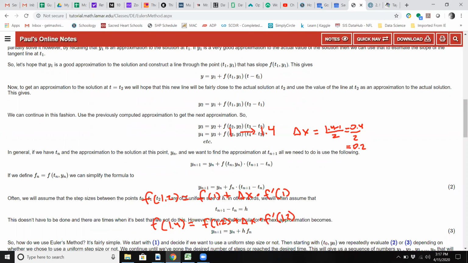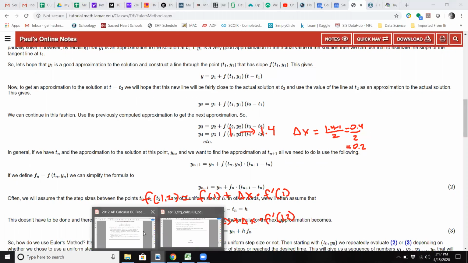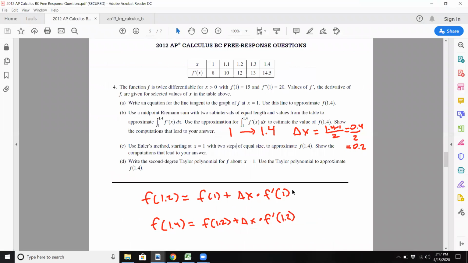T2 minus T1, T3 minus T2, T4 minus T3, it's just going to be the common difference. And then here we're just taking our derivative values, the base of the slope, right? So that's the derivative value. And then plus the y value that's associated with that derivative value. So going back to over here, if you work this out,